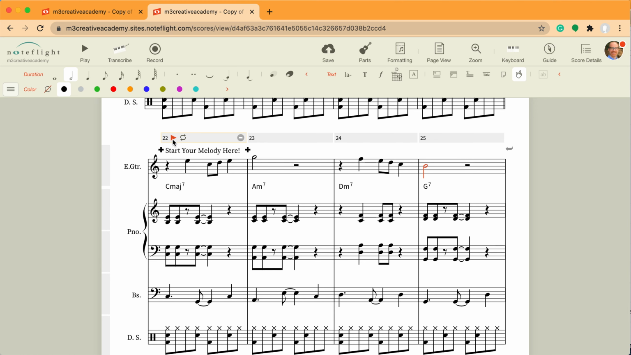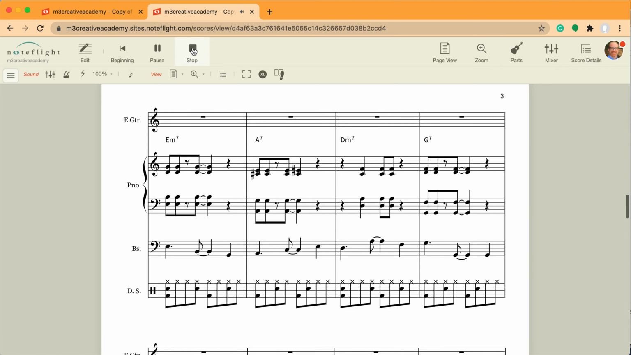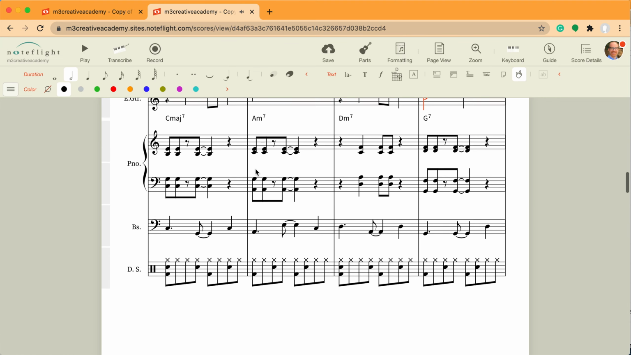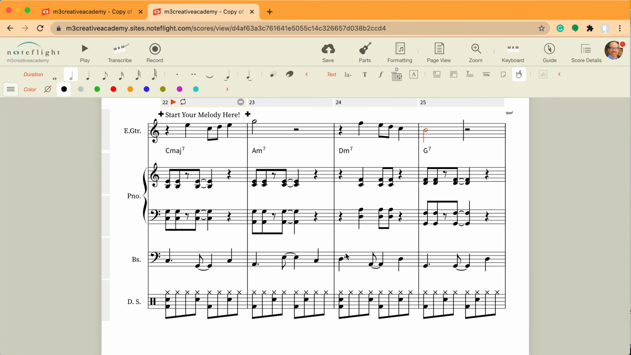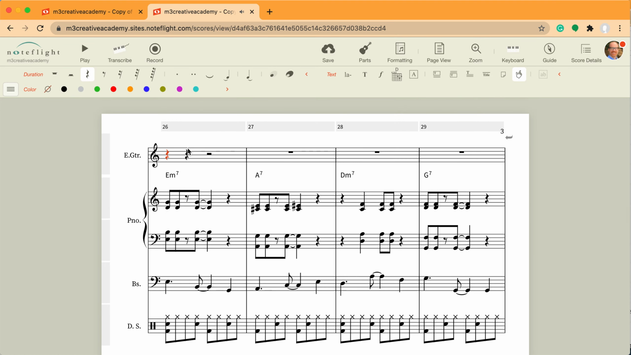Let's give this a try. Here we go. Nice, huh? Okay, you know what? I might do it again here. So take that same rhythm on the next measure. Again, I have to use different notes though, because